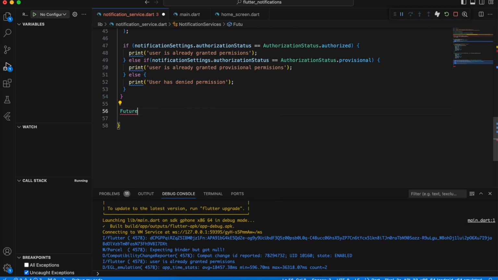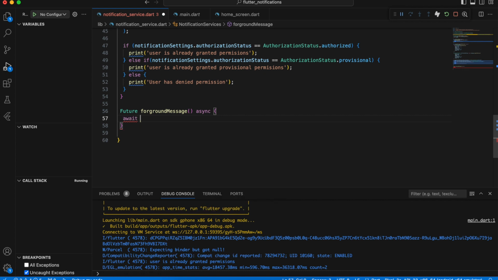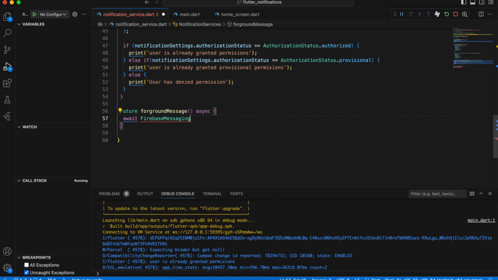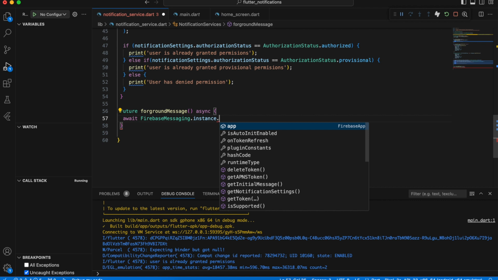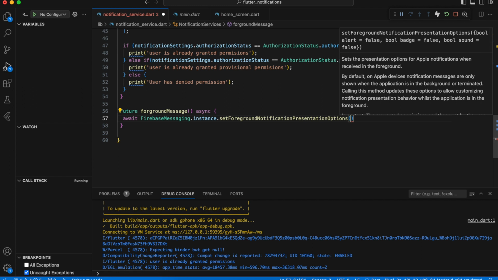Okay, so use the Future abstract interface and write the foreground message, and again it is an async function, and here as async we can start it with the await, then FirebaseMessaging dot instance, then again use the dot to set foreground notification presentation options, right? So what it will do is set